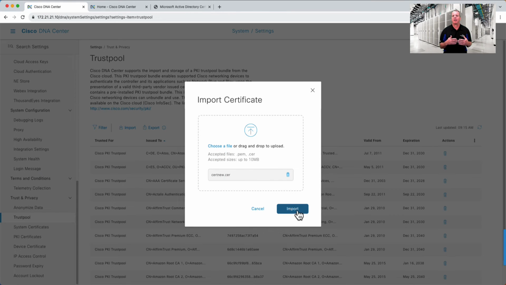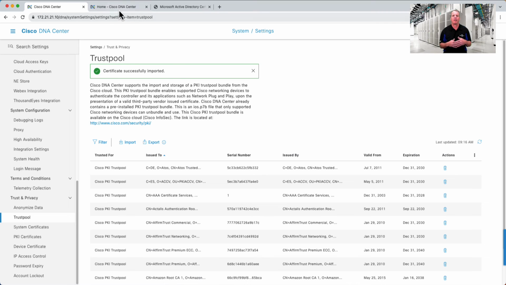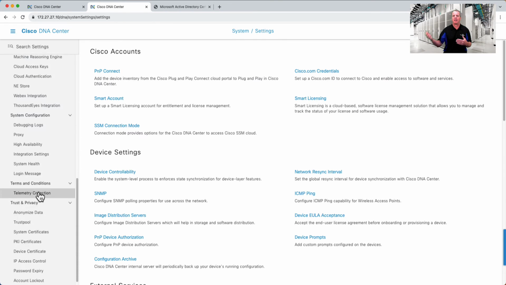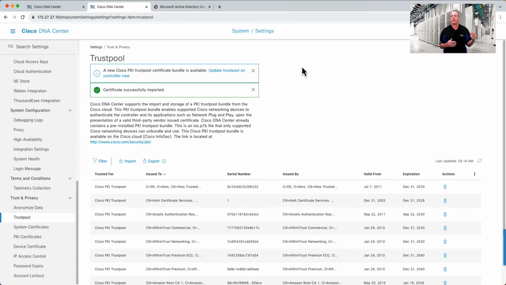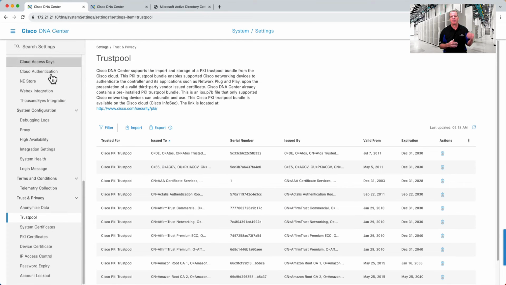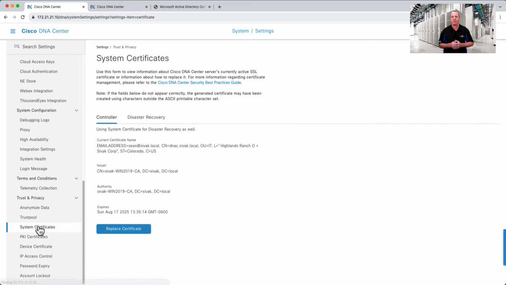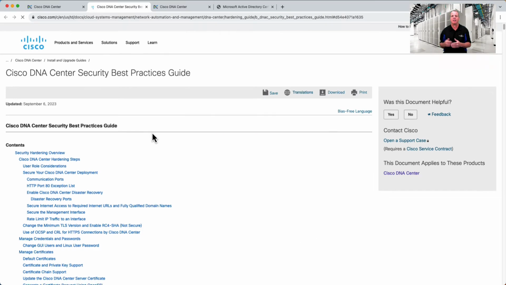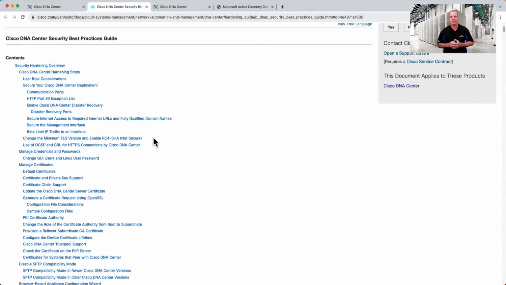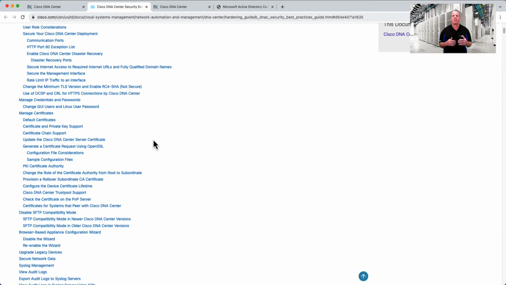I'll then repeat the process on the other server, also by going to System, Settings, Trust Pool, and I'll import that same certificate. Next, we'll install the third-party certificate. I'll navigate to System, Settings, System Certificates, and I'm going to follow the detailed instructions in the Cisco DNA Center Security Best Practices Guide. I'll scroll down to the Manage Certificates section and follow the steps to generate a certificate